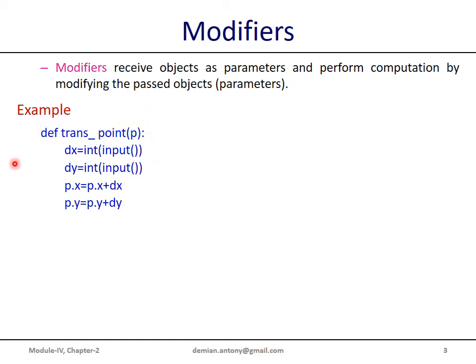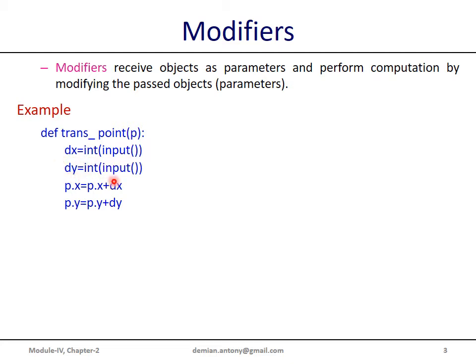What does this function do? This function reads the displacement for the existing point so that we identify the new coordinates. So this function takes one parameter, a point, then reads 2 values, displacement values, displacement towards x